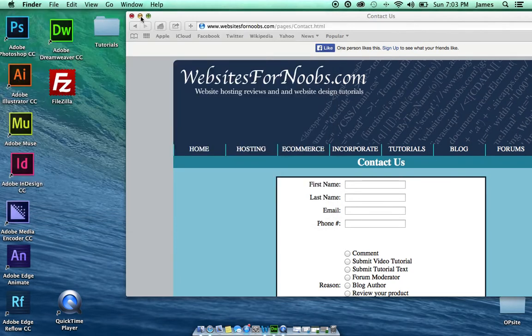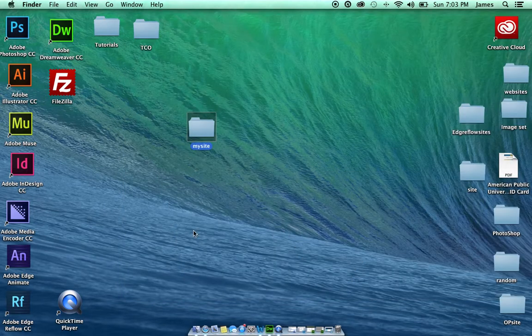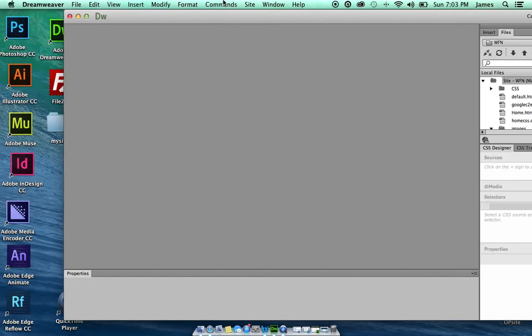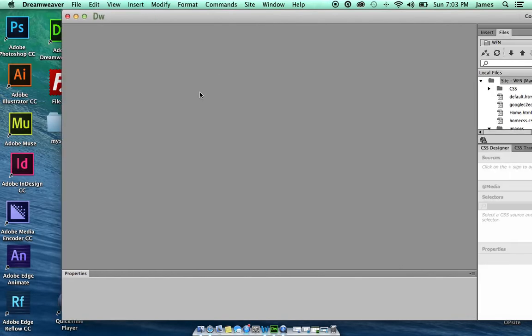So next thing we've got to do is tell Dreamweaver that My Site folder is going to be our website folder. So go ahead and open up Dreamweaver. As you see, I've already had Dreamweaver open, so if you just got Dreamweaver open, you might have a welcome screen right here. Either way, go to the top of Dreamweaver and click on Site